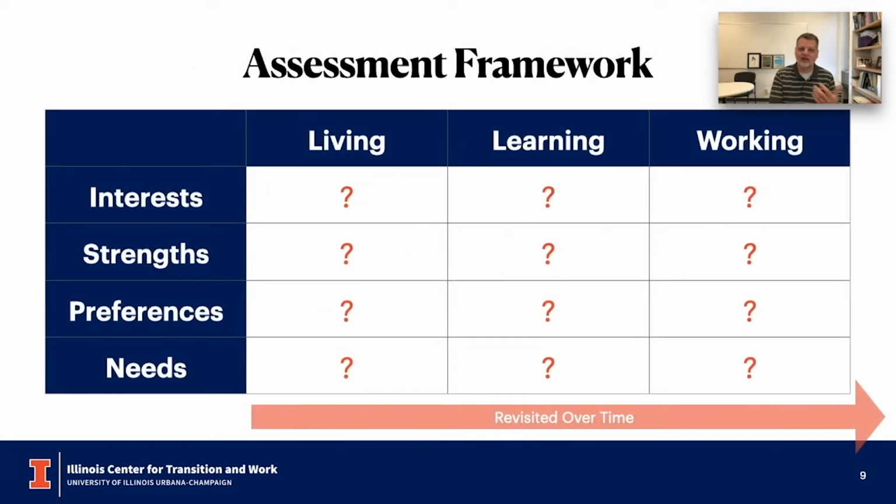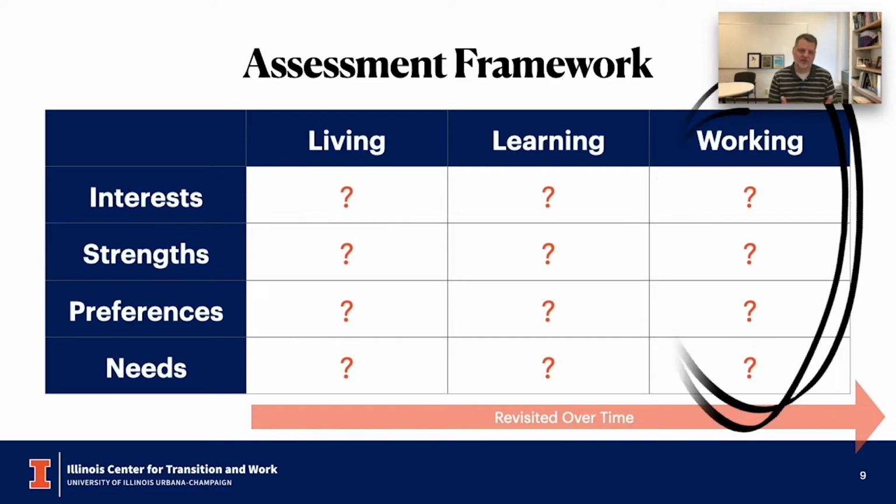This grid illustrates where our assessment should focus. In the area of living and learning and working, we have to be strategic about carrying out the sorts of transition assessments that provide us with a rich portrait of the interests and preferences and strengths and needs of our students. And when it comes to the world of work, we must identify what our students want to do and are good at doing and prefer to do, right alongside their needs for instruction and opportunities and supports in this